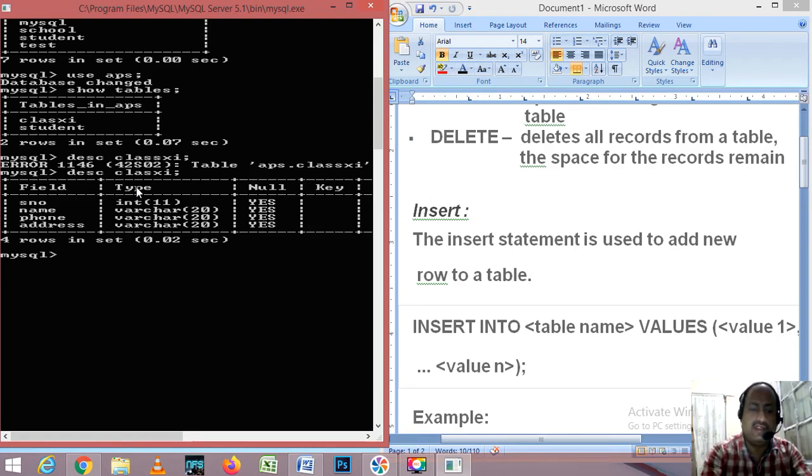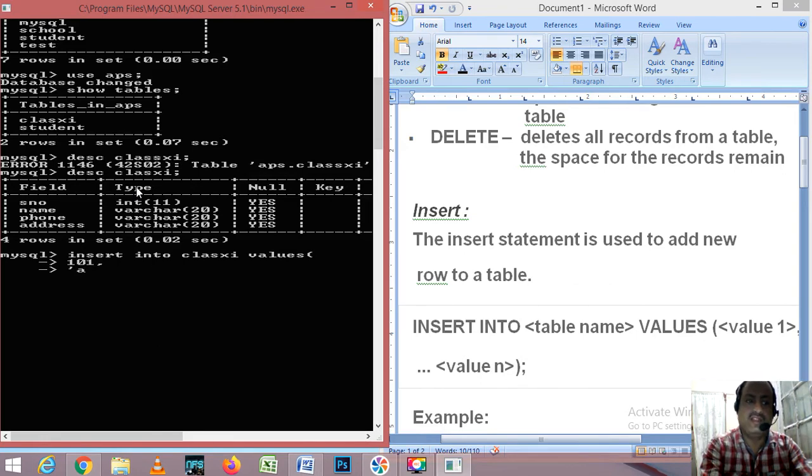So you can write INSERT INTO. Your table name is CLAS 11 and VALUES. Put a round bracket. Your first value is in the form of integers, so don't write quotes. You can write directly 101. Suppose my first school number is 101. Then second, name. Name is in the form of text, so you have to use quotes, like 'Amit'.